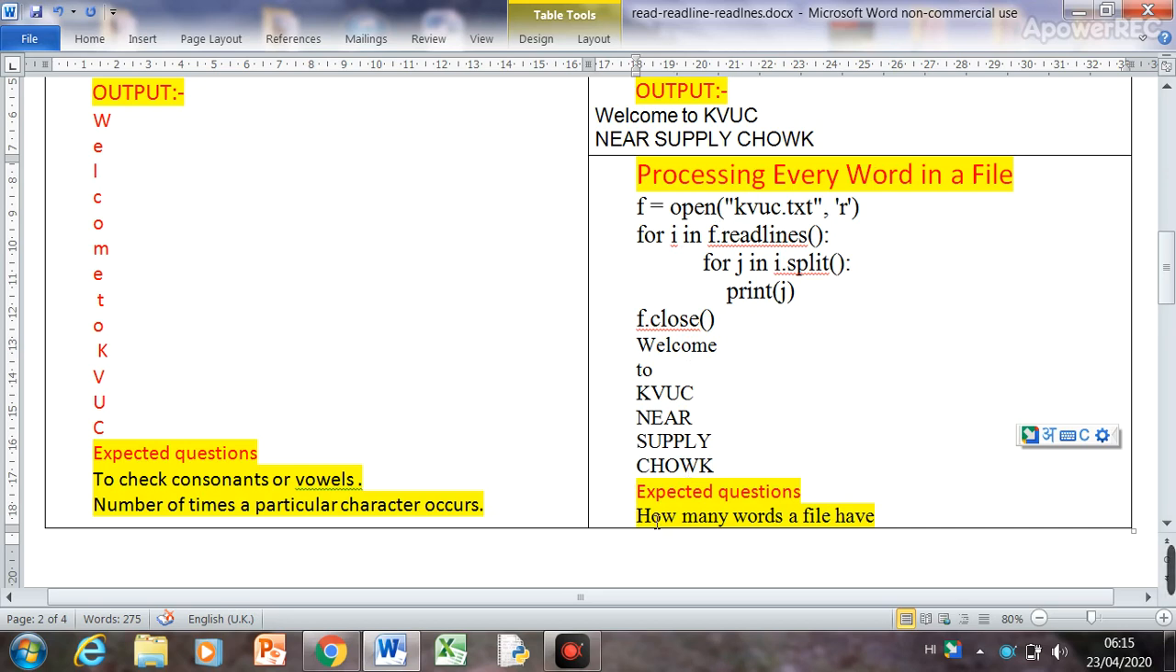Suppose we want to know how many words are there in a file. So for that we have to split the string into different strings, and we can use count as a variable to count each and every